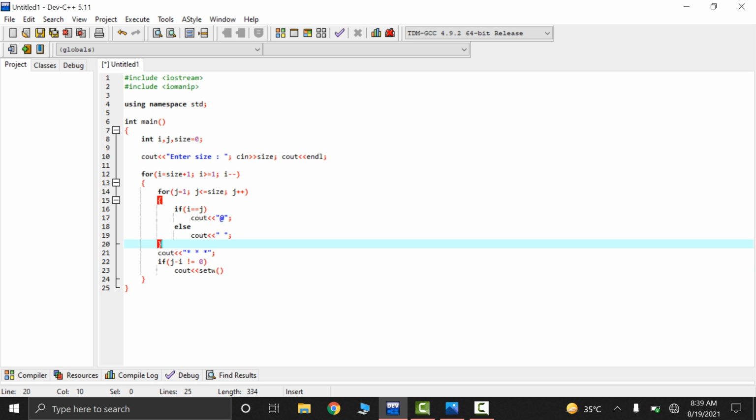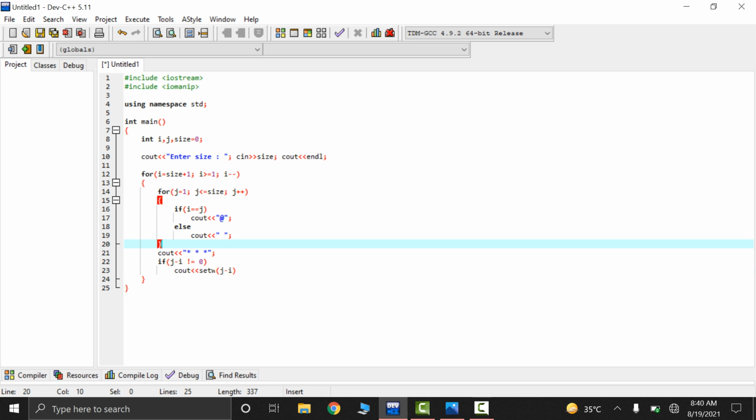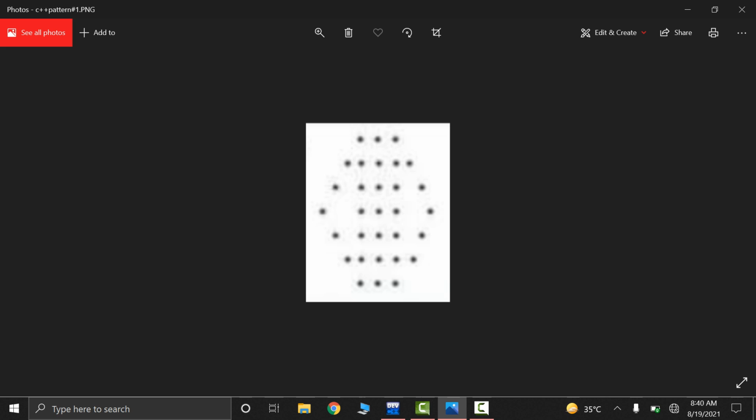After this it will print this, and then we will make the logic to give the spaces. It is j minus i, as I told you, j is 6 after this loop. So on the first iteration, 6 minus what is the size? The size is 5, and 5 plus 1 is 6. So 6 minus 6 is 0. It will give 0 spaces, as we don't need a space here, and it will print the pattern for us.